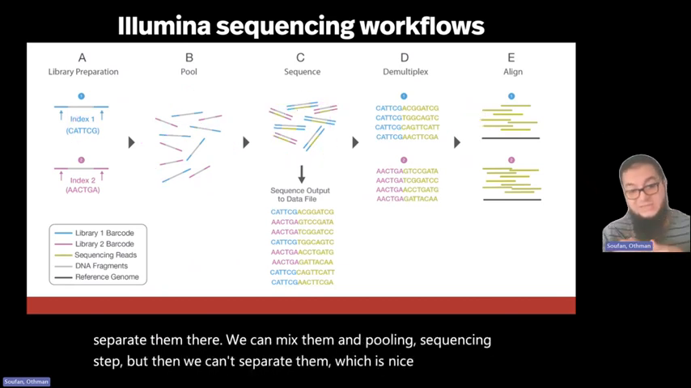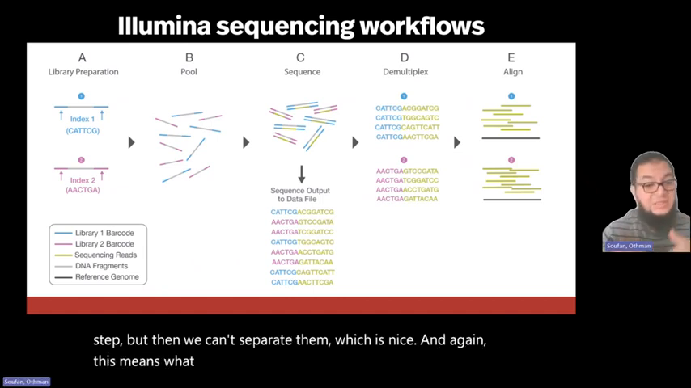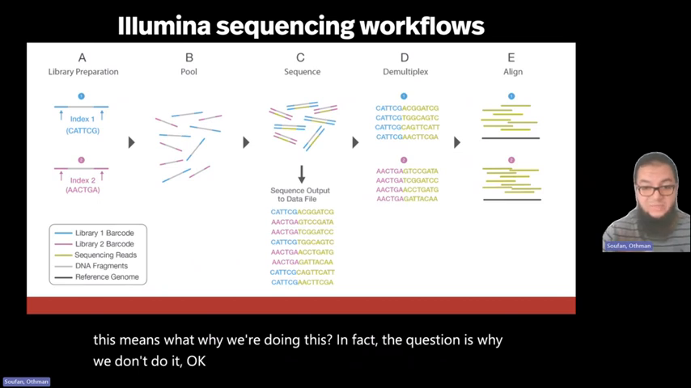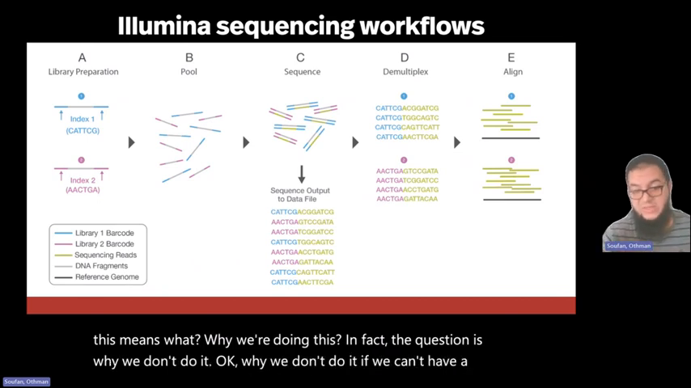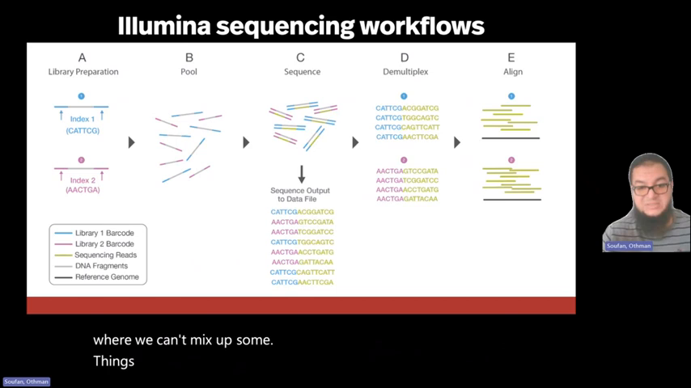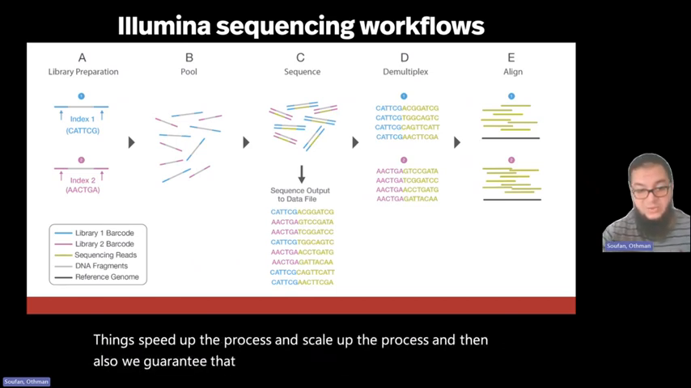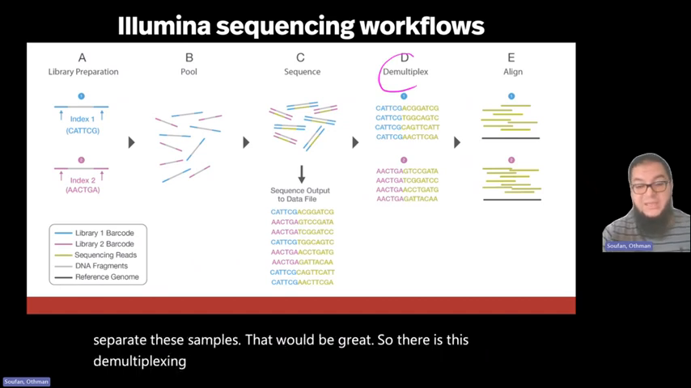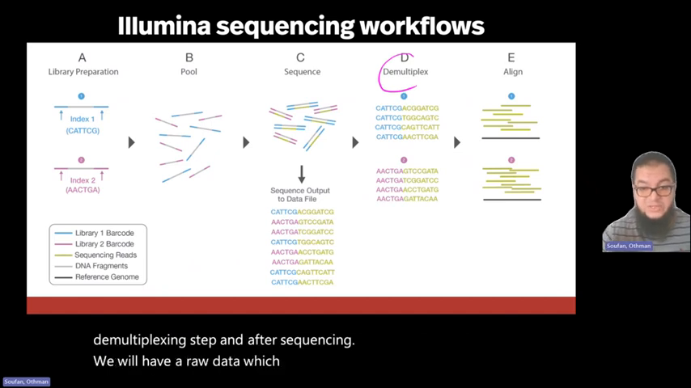And again, why are we doing this? In fact, the question is why we don't do it. If we can have a technology where we can mix up some things, speed up and scale up the process, and also guarantee that we will be able to separate these samples, that would be great. So there is this demultiplexing step, and after sequencing, we will have raw data which consists of reads,